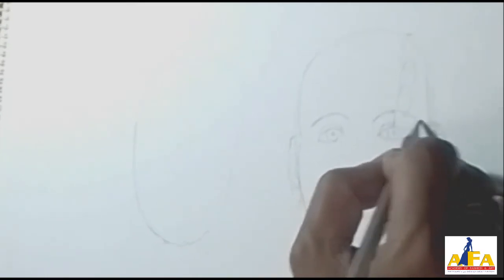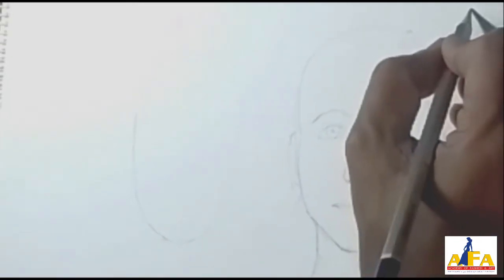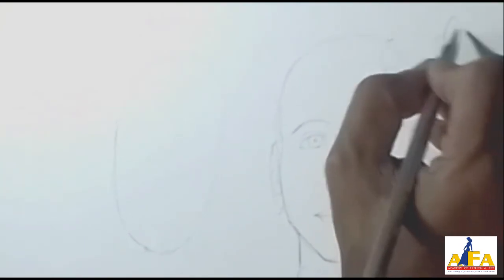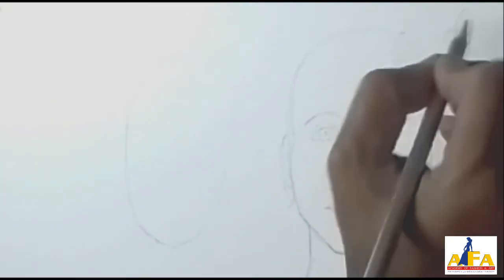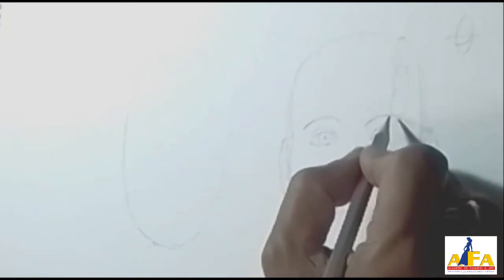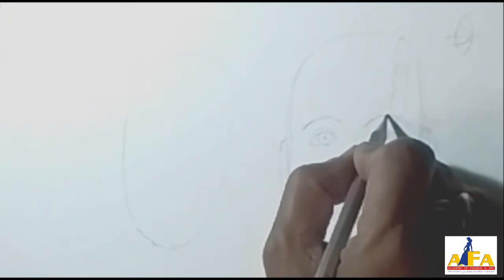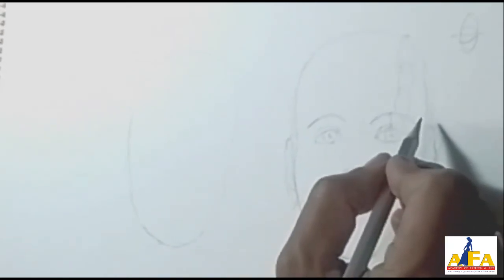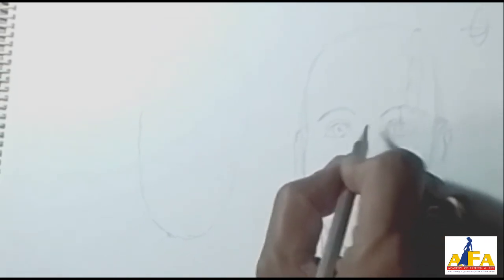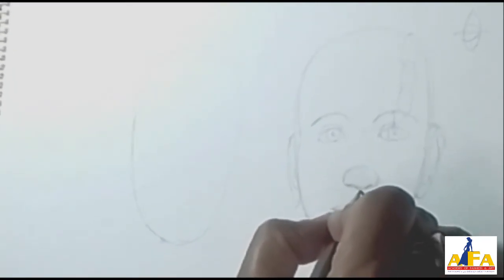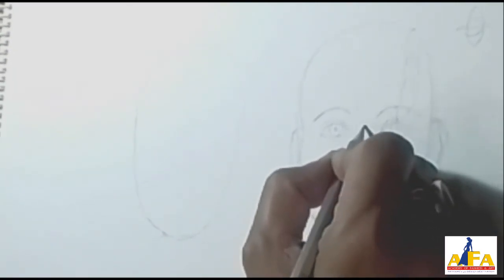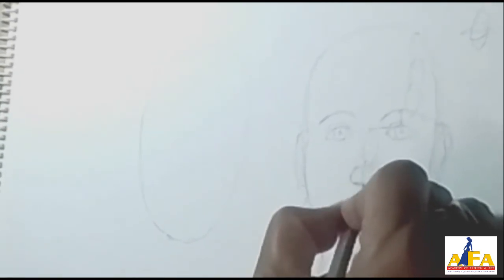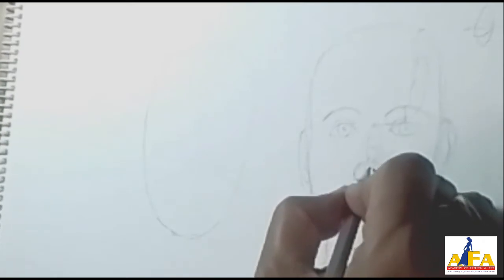Here the gap is half an eye. Half eye means when we divide the vertically placed eye like this, that would be the half eye. So half an eye's gap is this, from eyebrow to eye. Now step number 4, from eye to nose tip. Nose tip is here. Eye to nose tip, two eyes, vertically placed.